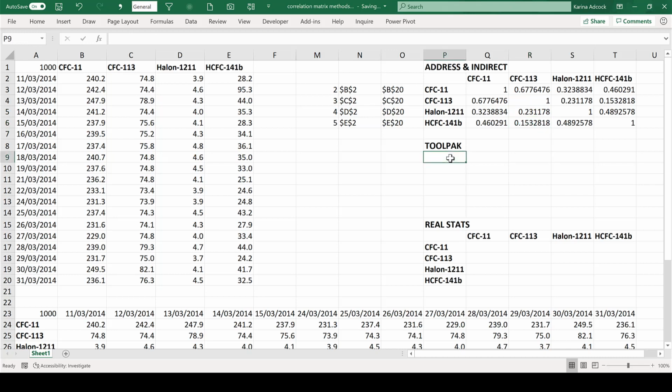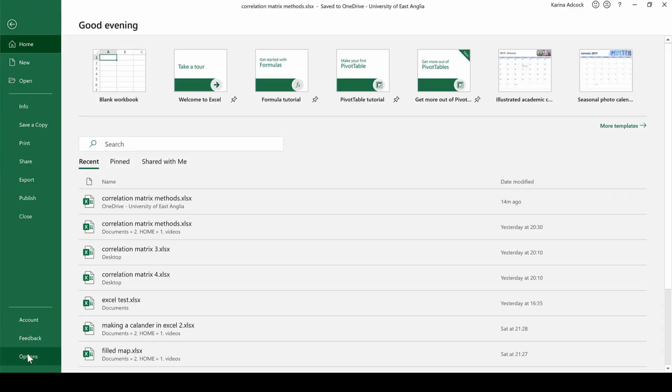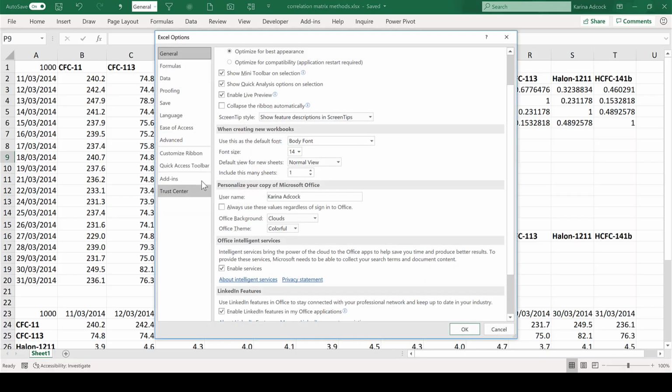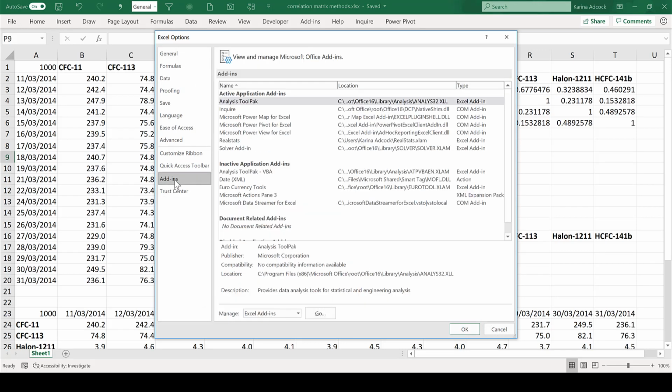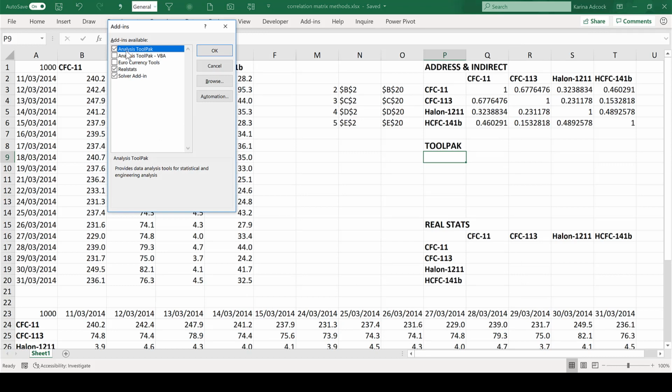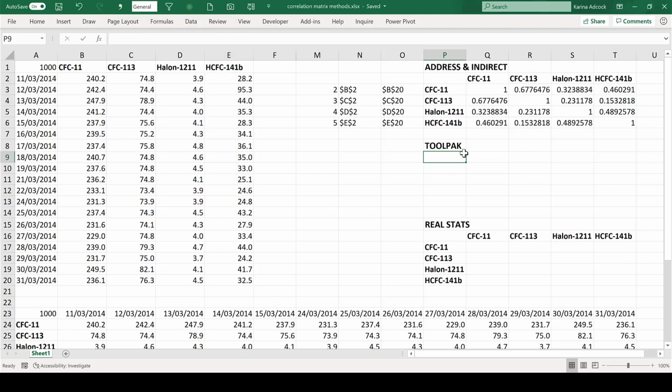The next method involves using the Toolpak add-in. So go to File and Options, and then Add-ins, and Manage Excel Add-ins, Go. Then there should be something called Analysis Toolpak here at the top. Make sure that is ticked and then select OK. You'll probably need to save your Excel spreadsheet and then close it and then reopen it in order to get